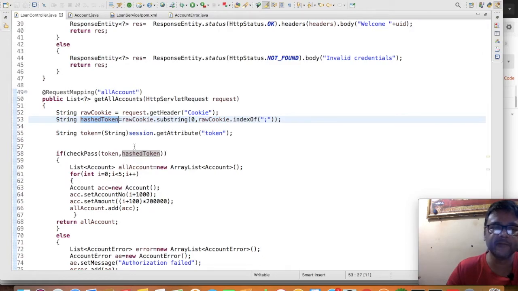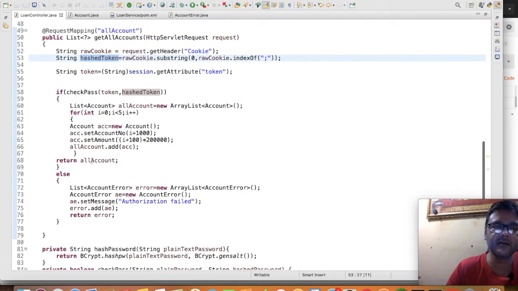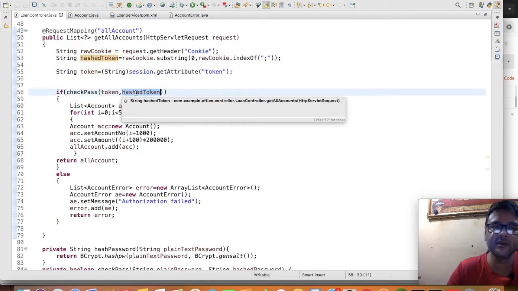Then that is compared using a method which I have created again. This is my own defined method, check pass. This is the token which is found from the session again. In the first method we created the token, in the second method we are fetching the token. The token contains XYZ, the plain text, and the hash token is accepted from the cookie from the user.